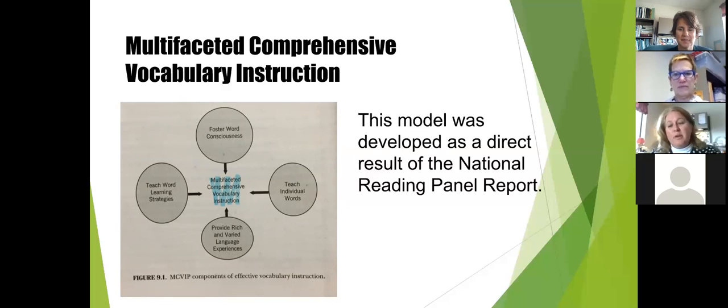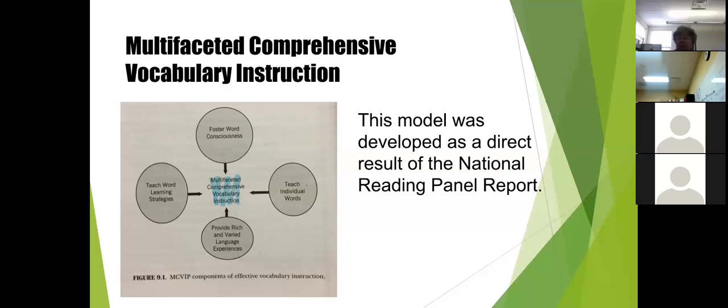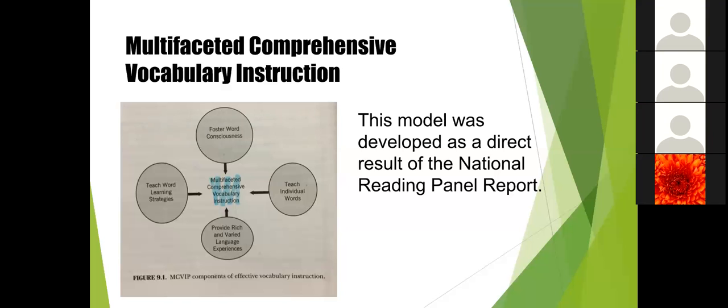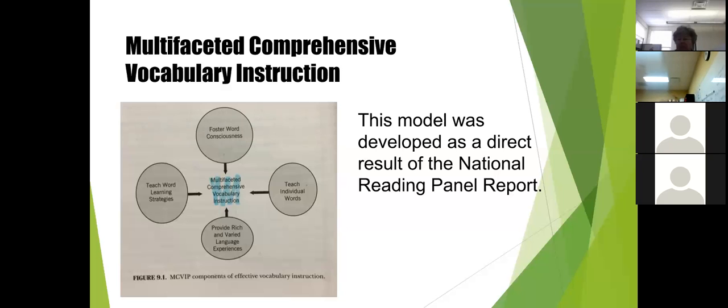And just like Marzano's six-step process, this instructional model integrates vocabulary instruction into the existing literacy block. It is not a freestanding element. And this model, by the way, was developed as a direct result of the National Reading Panel results report in 2000.